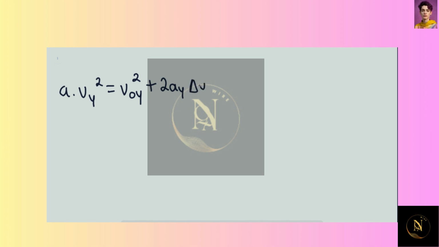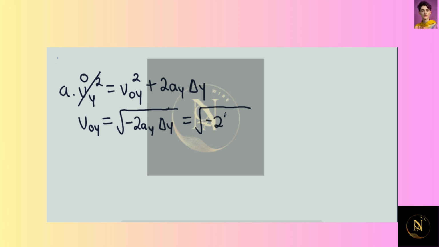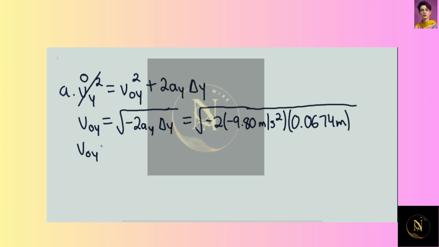And so we can say that here vy final is going to be 0, and we can say that the velocity initial in the y direction would be equal to the square root of -2 times a sub y times delta y. This is going to be equal to the square root of -2 multiplied by -9.80 meters per second squared multiplied by 0.0674 meters. Taking the square root, we find that the initial velocity in the y direction is equal to 1.15